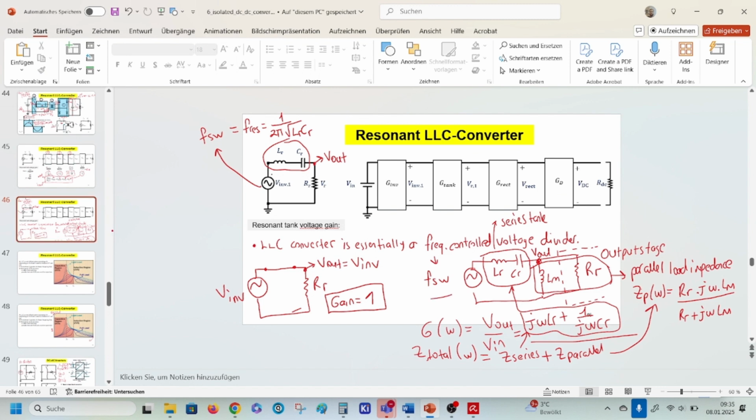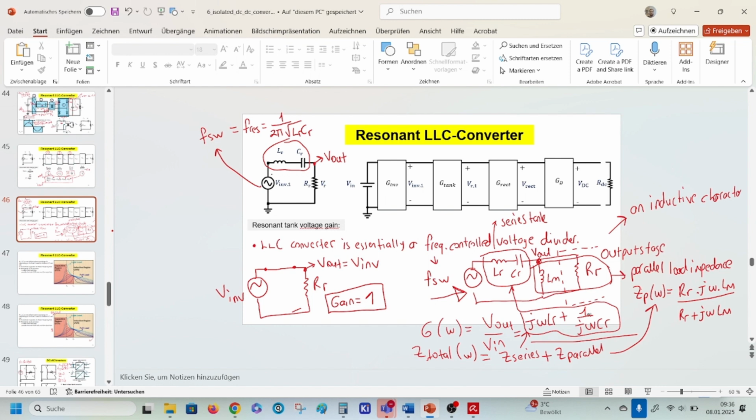If you look at the circuit from here, we see that our full circuit always has an inductive character, because